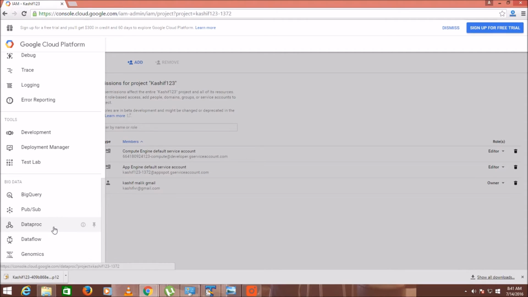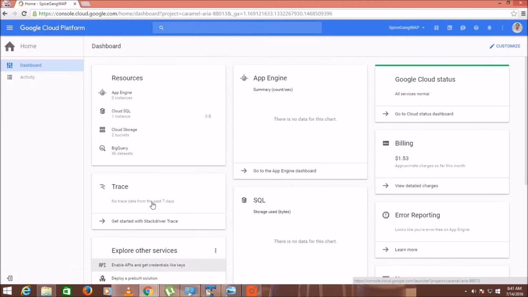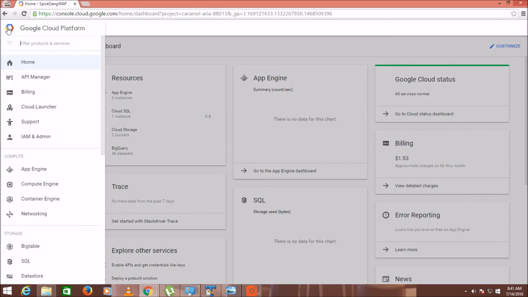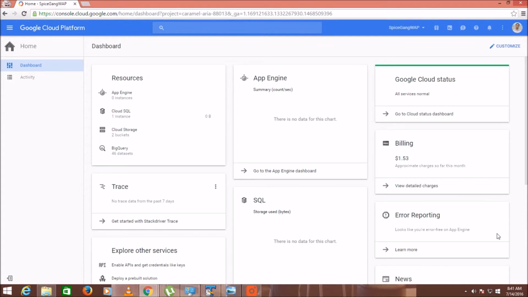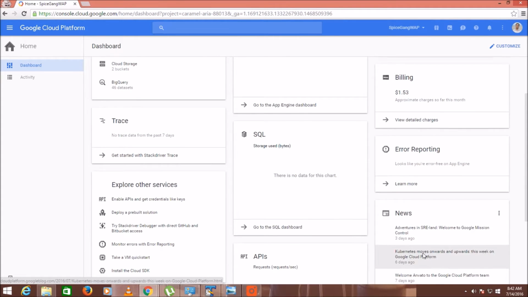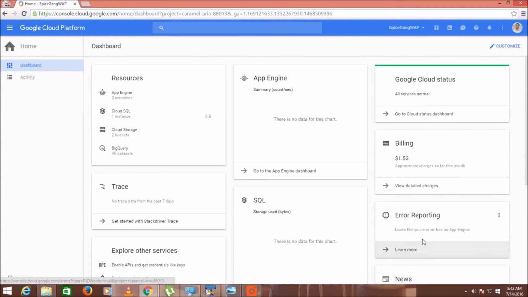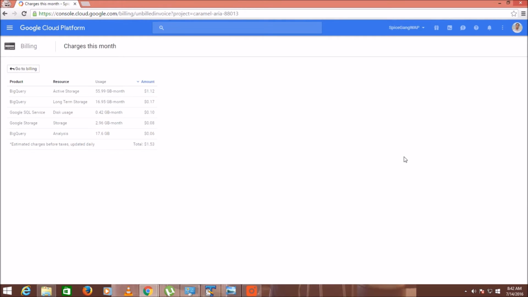So moving further, here you will see the tab BigQuery. Click on that. Here are also some important things which you must know before coming to Google BigQuery. This is the billing scenario. After verifying your credit card details, you can see how much they are charging.